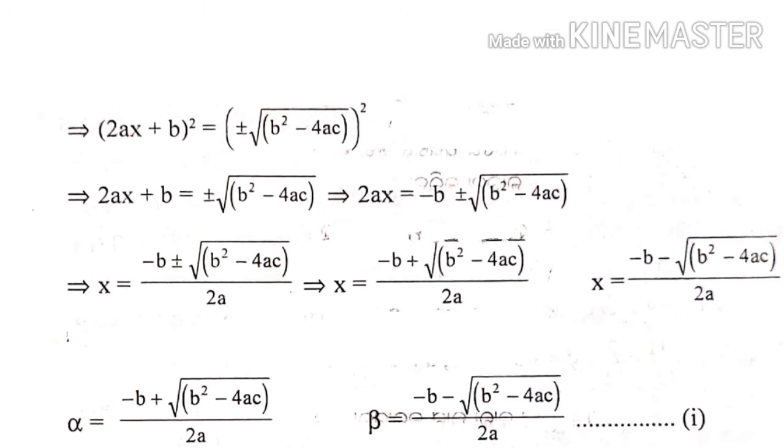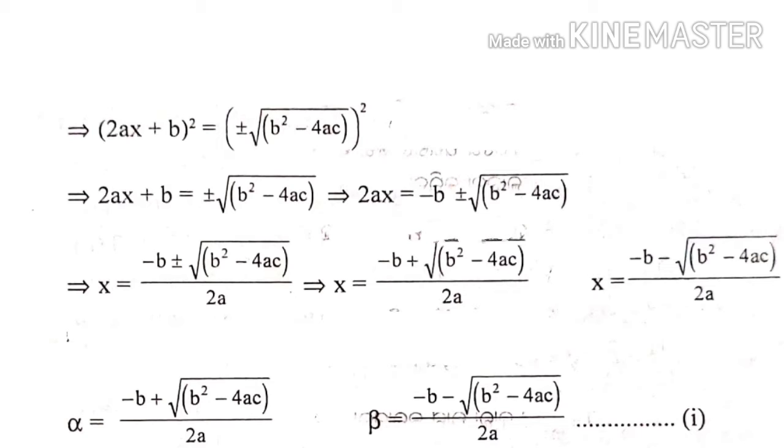This implies that 4a²x² + 4abx = -4ac. This implies that (2ax)² + 2 × 2ax × b = -4ac. This implies that (2ax)² + 2 × 2ax × b + b² = -4ac + b². This implies that (2ax + b)² is equal to the square of